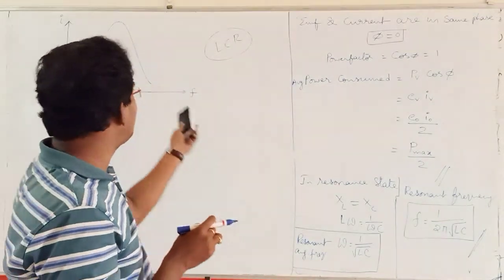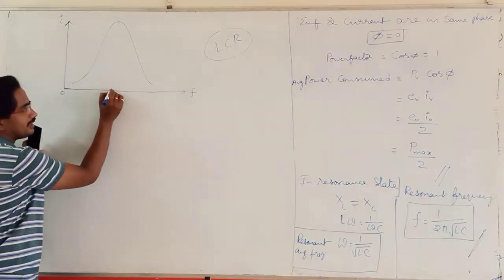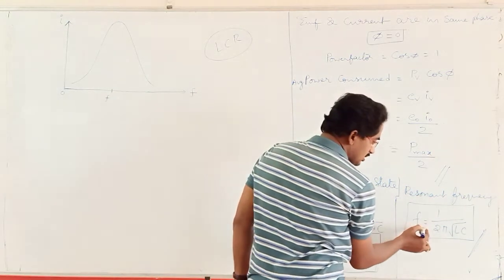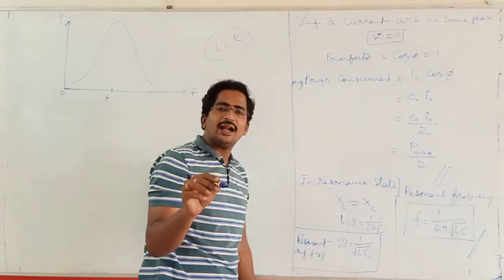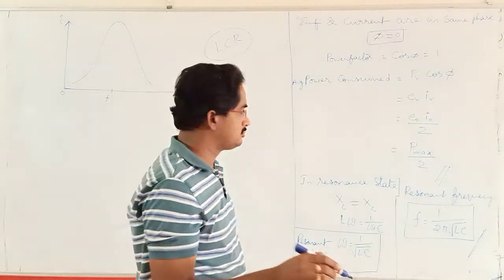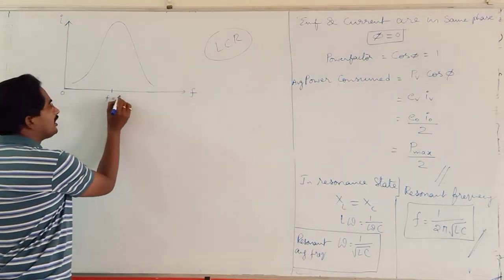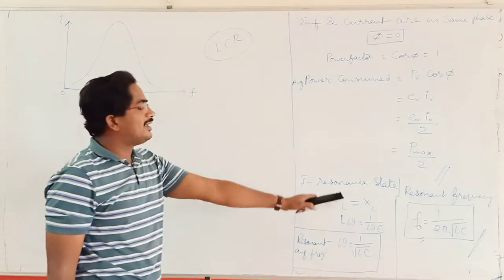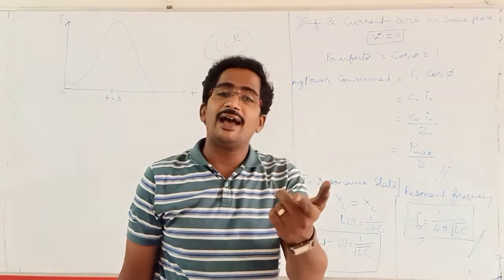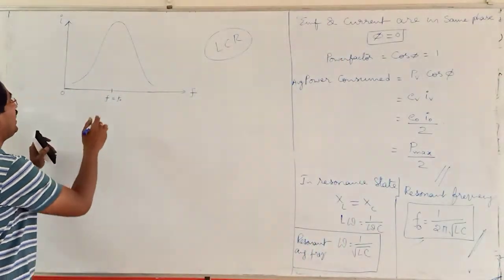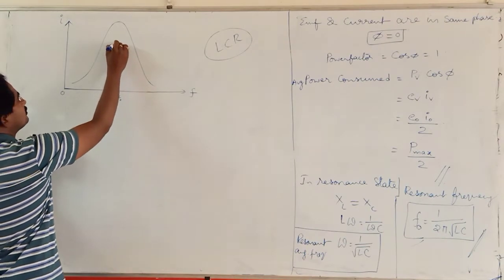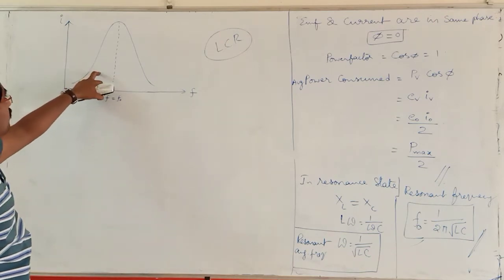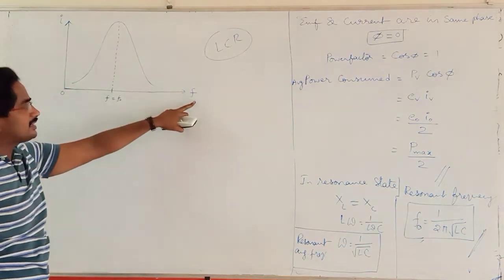Now you are observing clearly that at a particular frequency, the so-called resonant angular frequency, if you represent it with F0, whenever F is equal to F0, it is this point only. At that F0 value, what about the current value? Maximum. The current value will be maximum. So this is the curve we get for current and frequency.